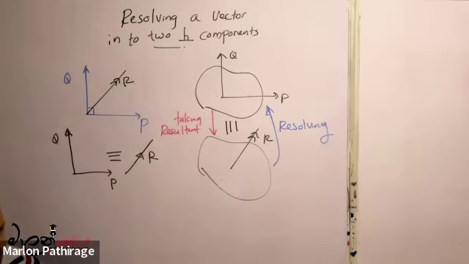Suppose P and Q are two perpendicular forces and the resultant is capital R. That means the two-force system can be replaced by capital R, because the resultant vector